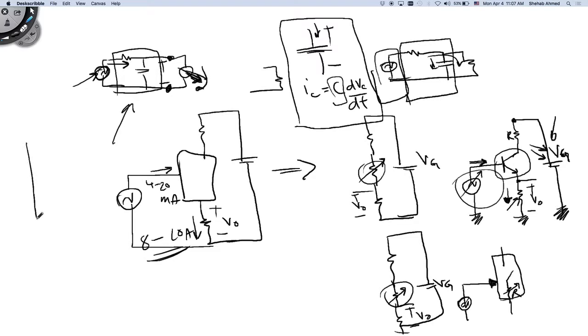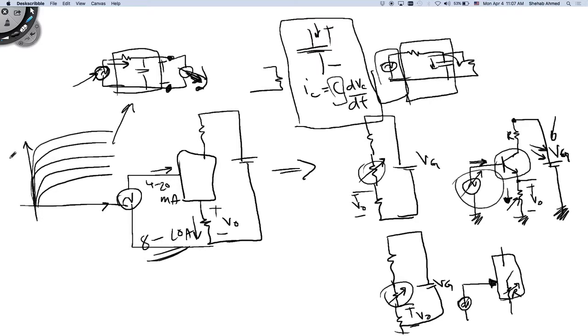If you select a specific transistor, you will have certain curves here that come along with the transistor. These curves are going to tell you the voltage across this variable resistance, this V, and the corresponding current flowing through it. If you have voltage V and current I, can you define a value of resistance or not? V equals IR, right? What you did was,